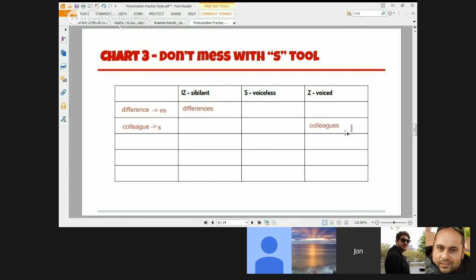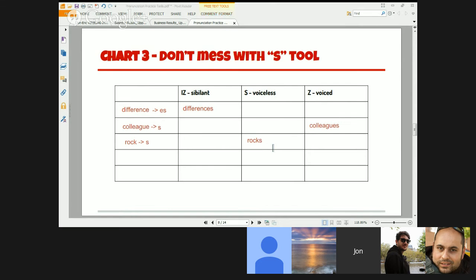What about this word? Rock becomes rocks. Where does that go? Rocks. First, second, or third? By the way, I'm talking to all of you. Fabio, Jose, Onorato. Where does rocks go? The second? The second is right, because you don't use your voice when you say the K. It's no voice. Rocks is the voiceless S.